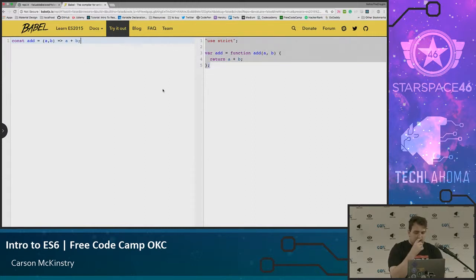So yeah, that's what Babel is. If you guys are interested in playing around with ES6 and starting to see what all you can do with it, this is a great place to go and just try some things out, just see what it does. Does anybody have any final questions? Yes, no, maybe? Cool. So before